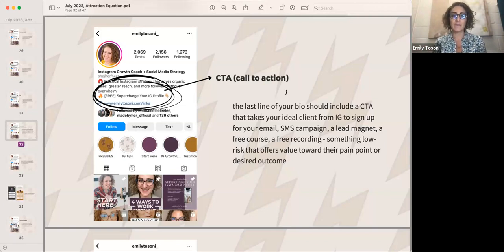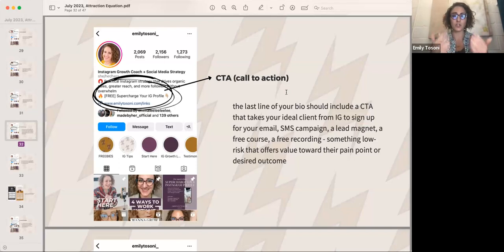The lead magnet that you have to offer, there's so many things. If you're a product-based business, it could be a discount on your first order. I highly discourage you from just having people sign up for a newsletter, because as I mentioned when I was picking on my sister-in-law's page, most people don't want to just sign up for a newsletter. They want something in exchange, especially if you're a service provider.